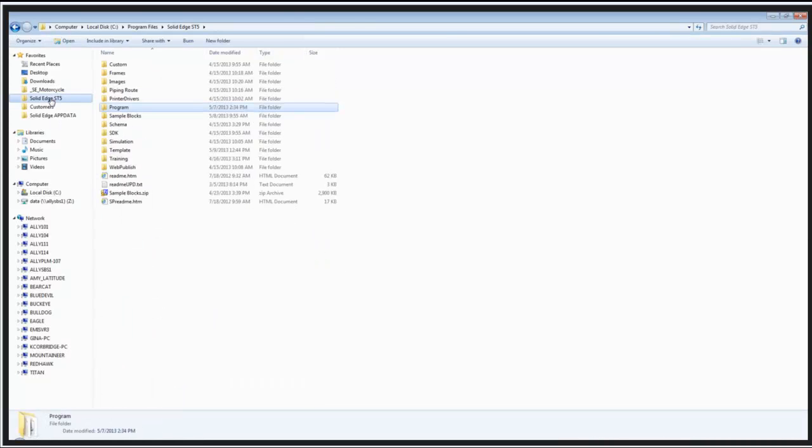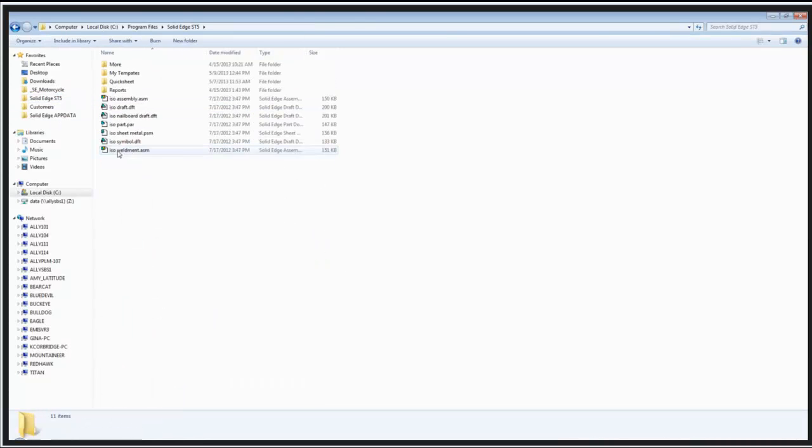We're going to go to our Solid Edge install folder, into the template folder, and reports. This is where most of your text files that affect the drafting environment lay. And if we take a look at our draft list.txt,